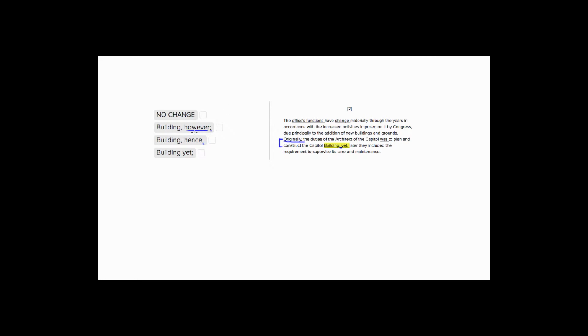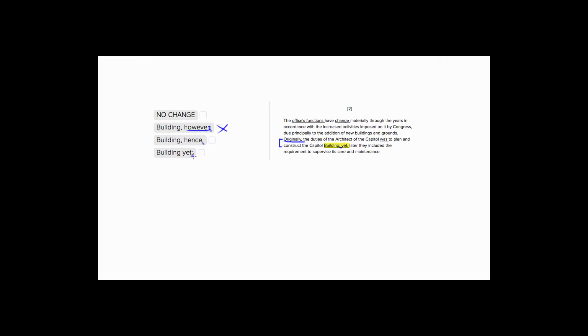Our next semicolon gives us a however, but it's really strange in that there's a semicolon after the however, because when you have a however, it's a connector. So it would be comma, however, and then you'd have a comma here because it would be connecting the two. But you can't have a sentence that says the duties were to plan and construct the building, however. That doesn't make sense since you don't use a semicolon with however, you use a comma to transition. So let's get rid of this choice. Let's look at our next semicolon answer.